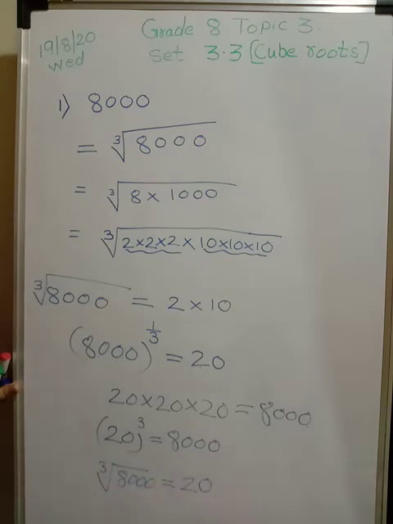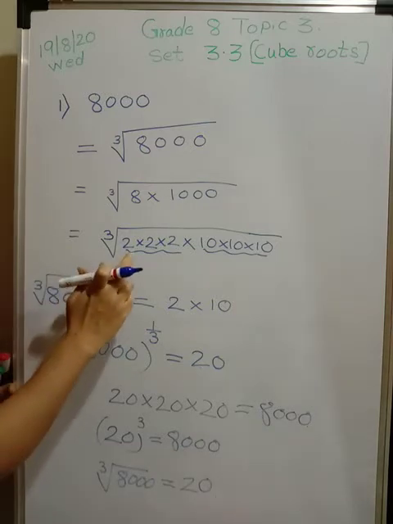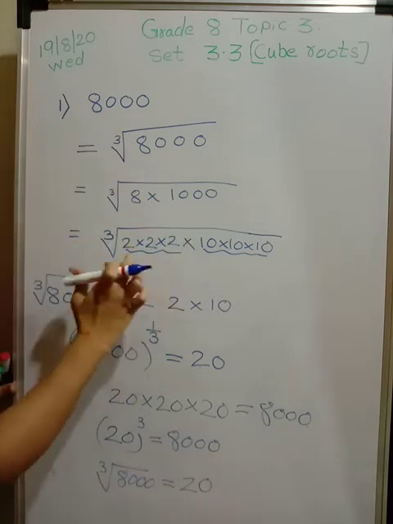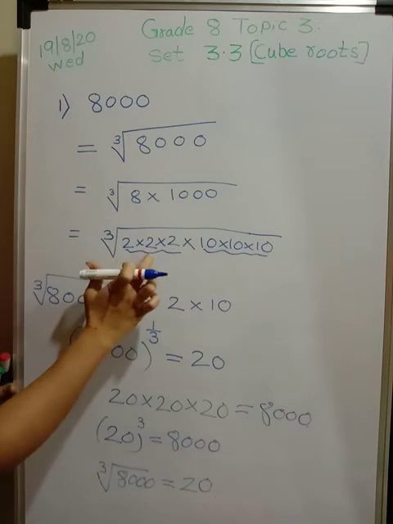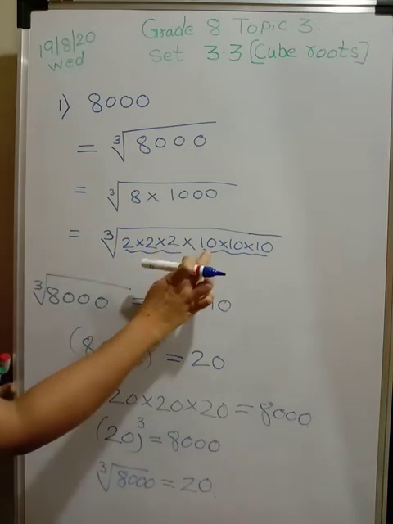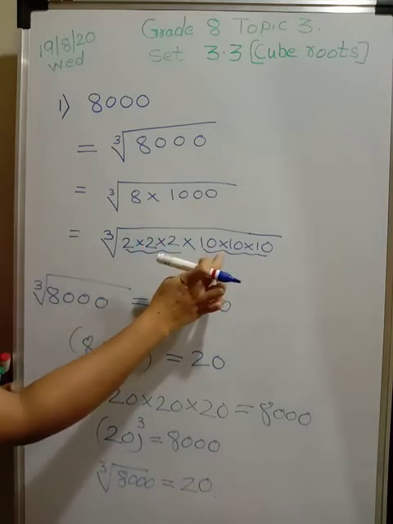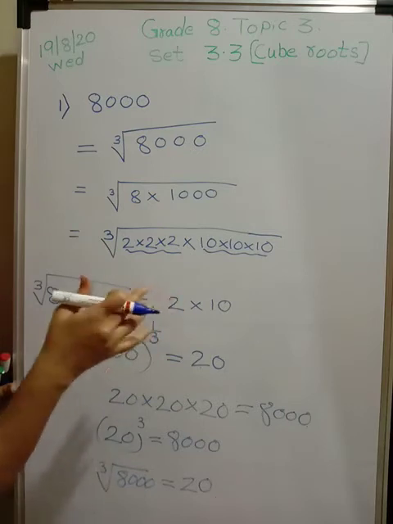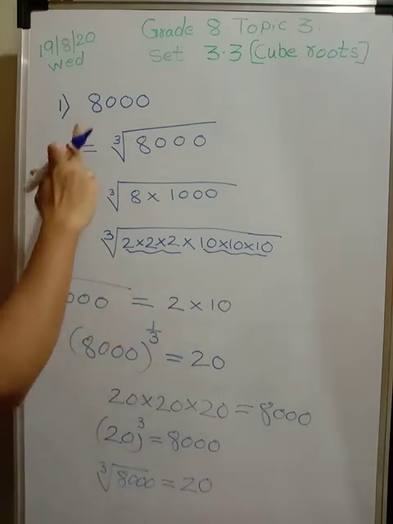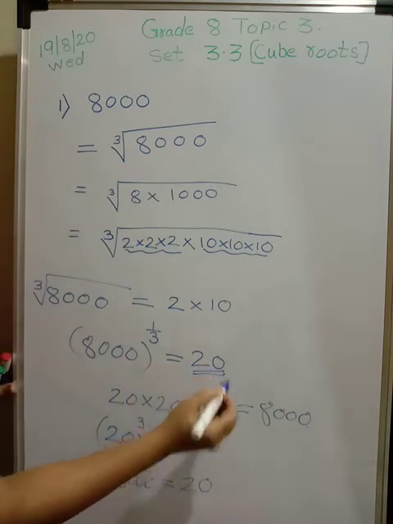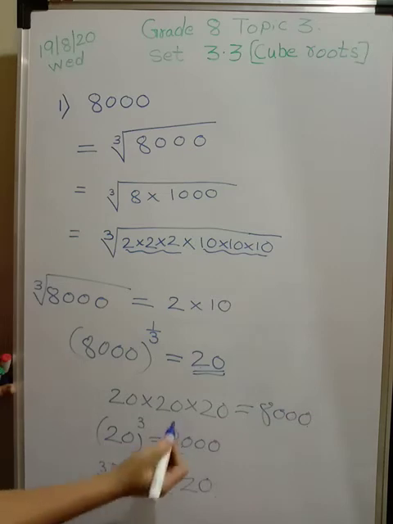I hope you understand what I am trying to tell you. It's very simple. You prime factorize the number, that means divide this number or prime factorize it to get the numbers, and see which number is coming thrice. Now 1000 is not a prime number, but I know that the cube root of 1000 is 10, so I can write 10 into 10 into 10. Do as per your convenience. So your first answer, cube root of 8,000 is 20. This is your answer. This I have told you for explanation. Let's go for the next problem now.